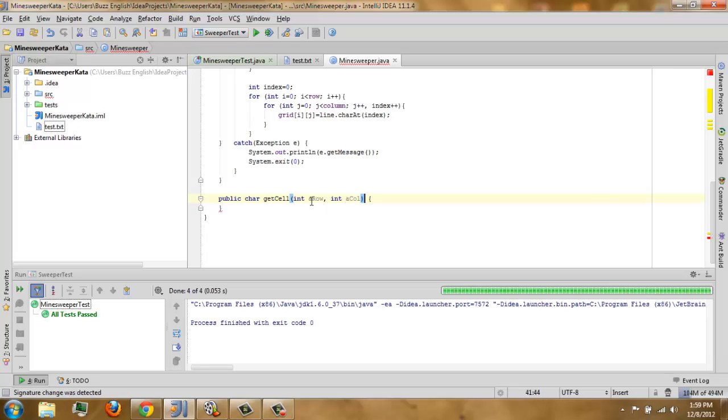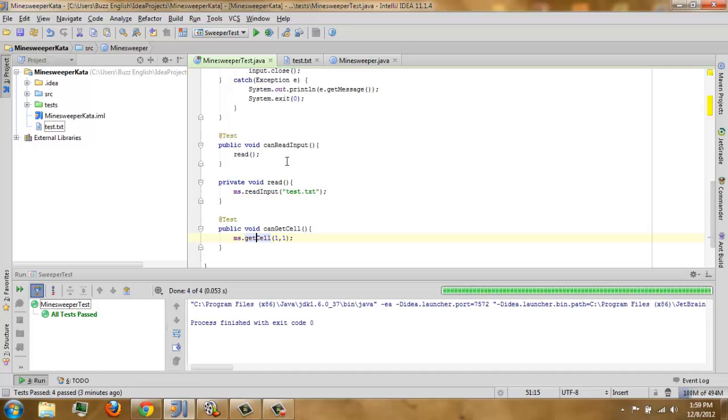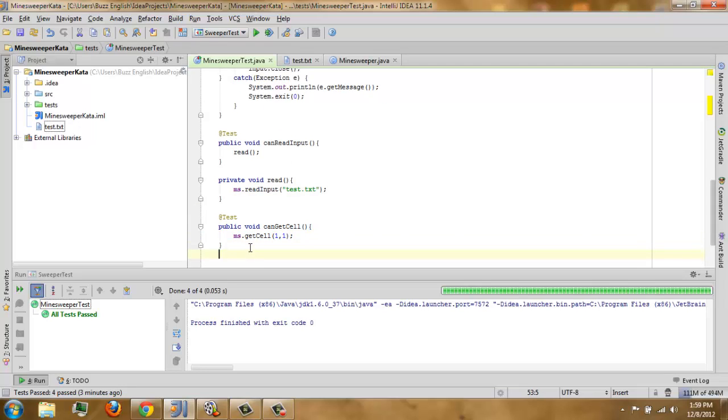Next, we'll just put in return 0. So we have it already, and we don't have red anymore.